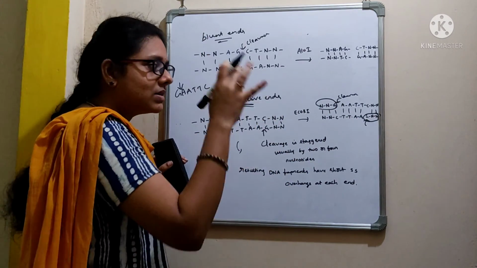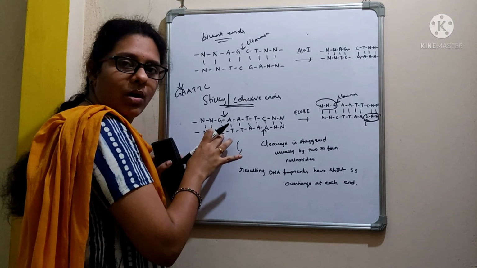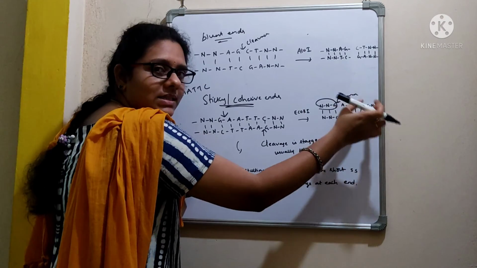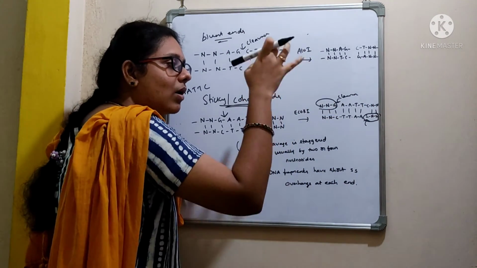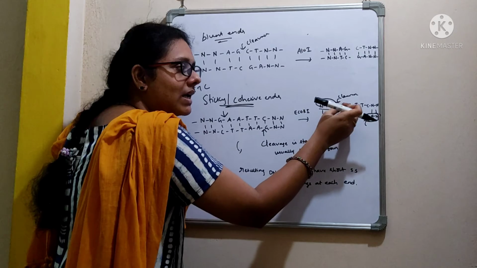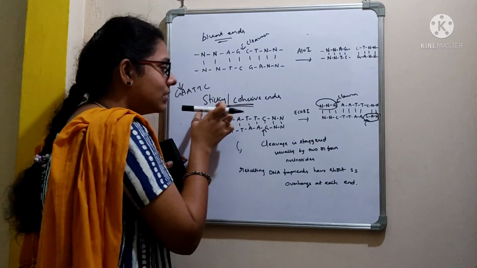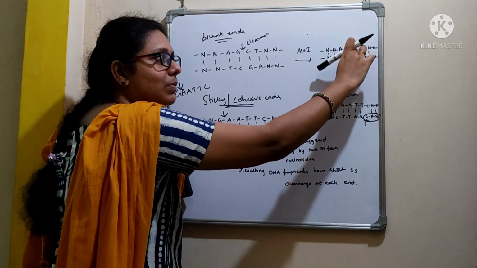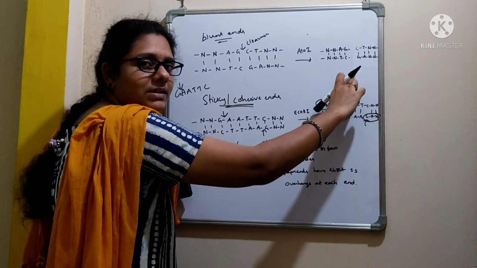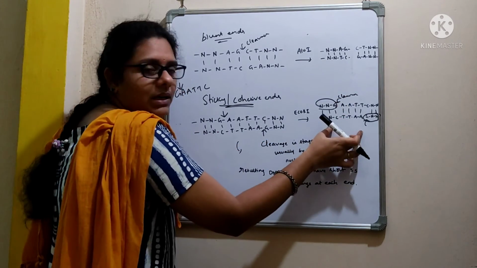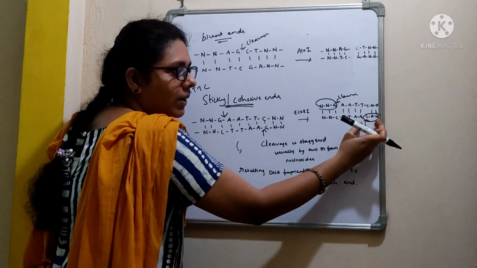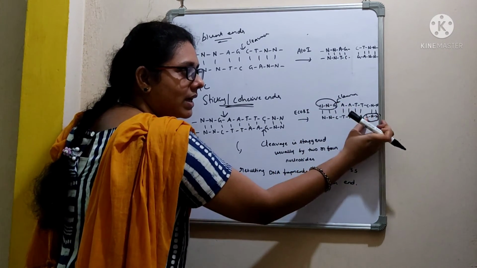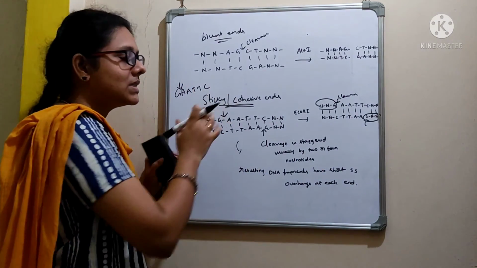So when you treat with a certain restriction enzyme called EcoRI, it will recognize the palindromic sequence, that is GAATTC, and it is specifically going to cause cleavage in between the G and A, thereby producing a sticky end or a cohesive end. See, make out the difference. In case of blunt ends, both the strands were cut exactly at the same location, but it doesn't happen here. Here the cut is different from here. So it is leaving short single stranded segments at both the ends of the DNA. They are nothing but the sticky ends.